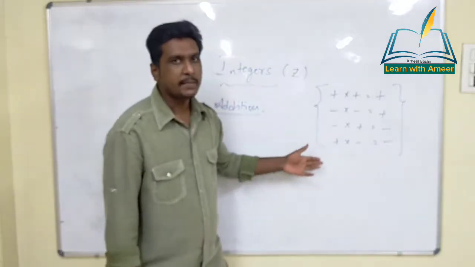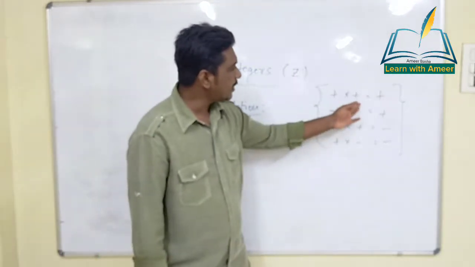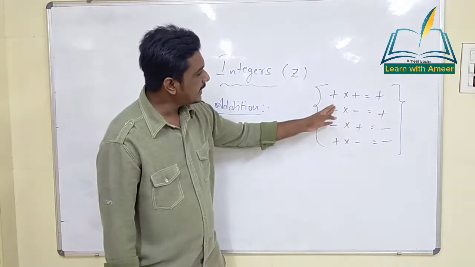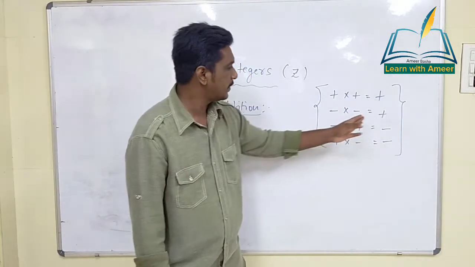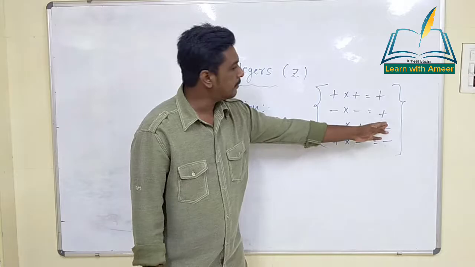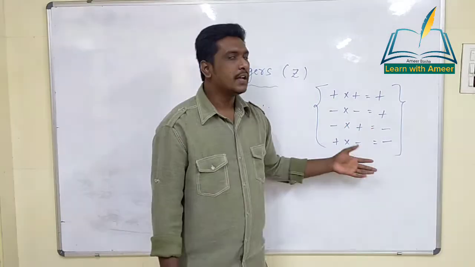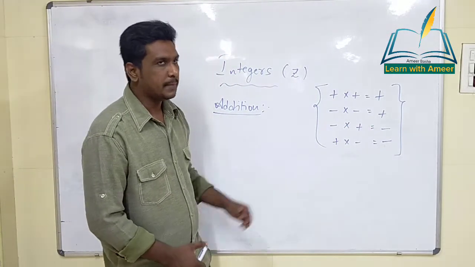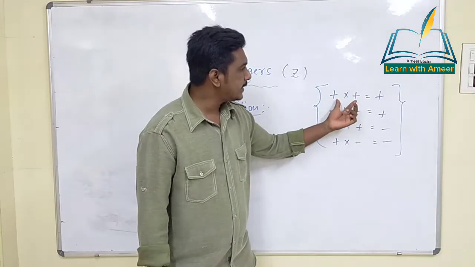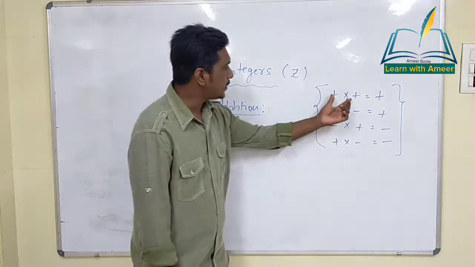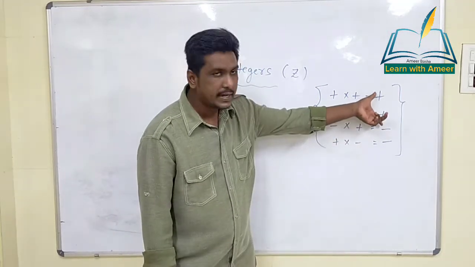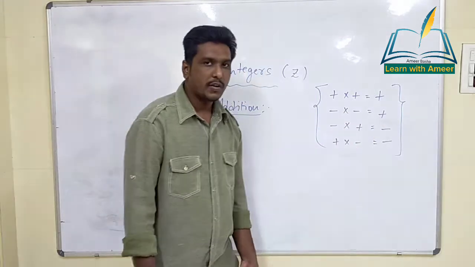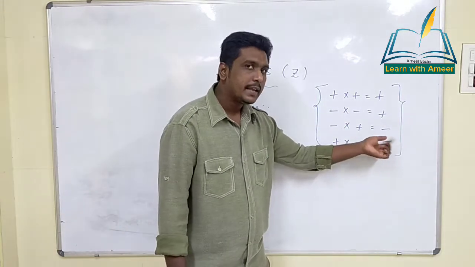So now see one more time. If we multiply a positive number with a positive number, we will be getting a positive number. If you are multiplying negative into negative, positive. Minus into plus, minus. Plus into minus, minus. How can we remember, children? In a simple way, if we have two same sign numbers, whether positive or negative, we will be getting positive. If we have two different sign numbers, we will be getting negative.